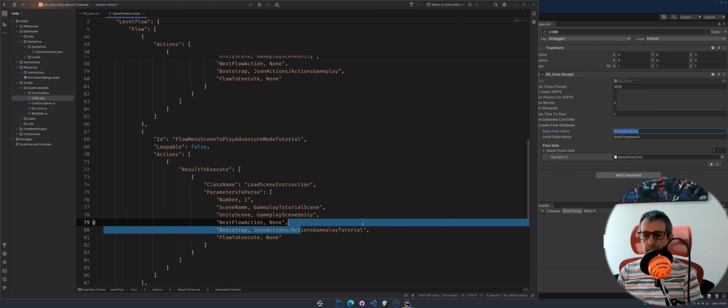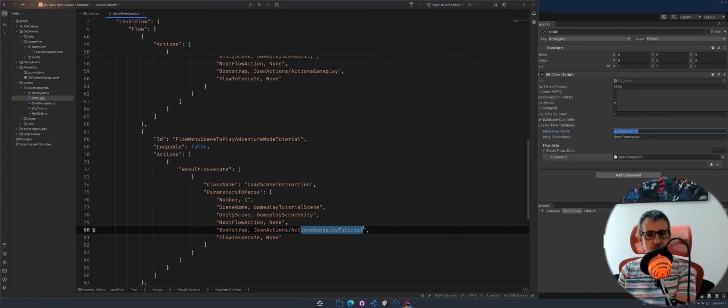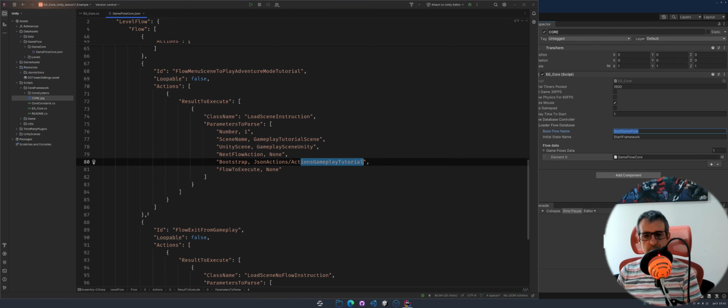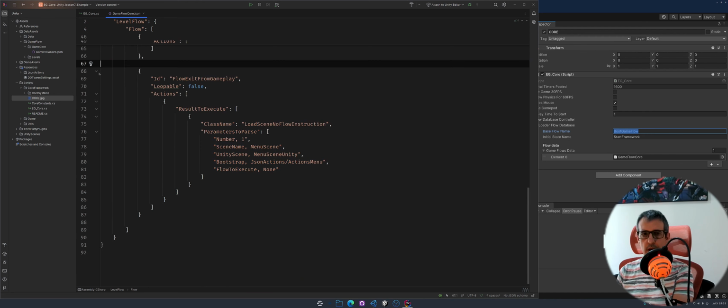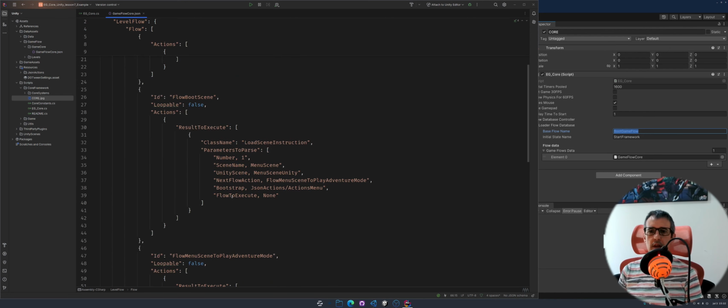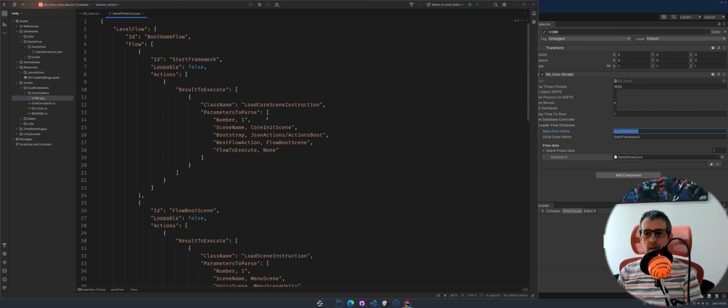The actions gameplay tutorial will load some actions exclusive from the tutorial, because we want to load some sort of special item for the tutorial, or translations, or things like that. So the point is that, as you see, it's really easy to add things to this core architecture. Well, let's get back to